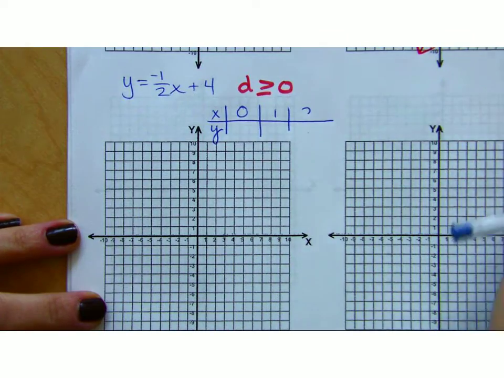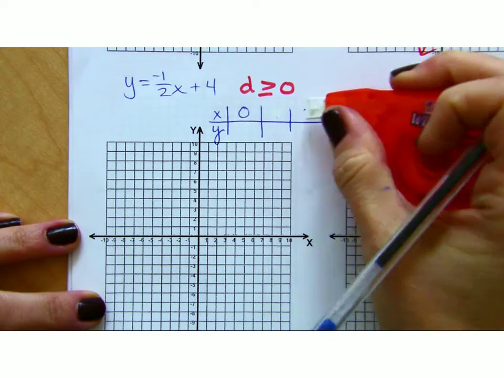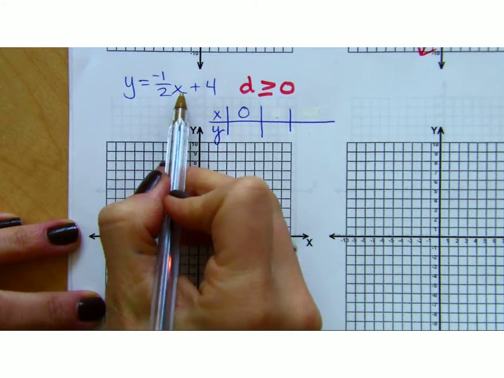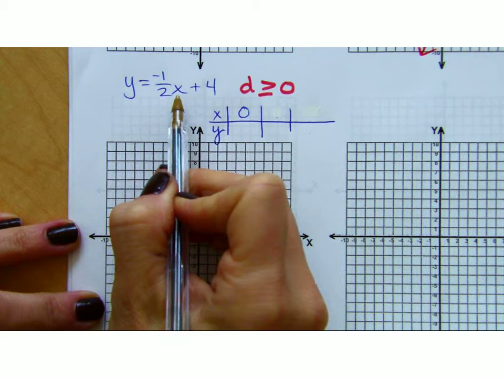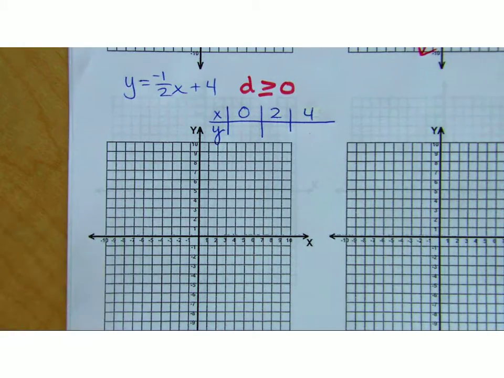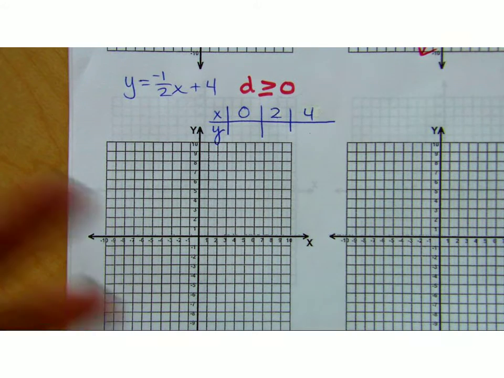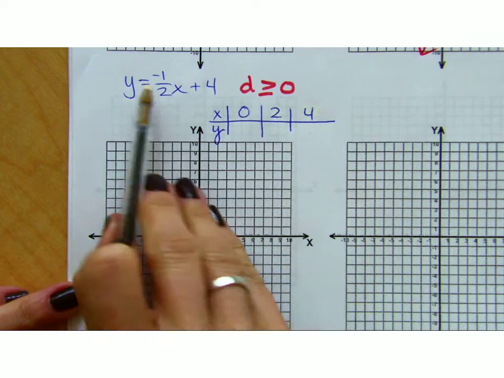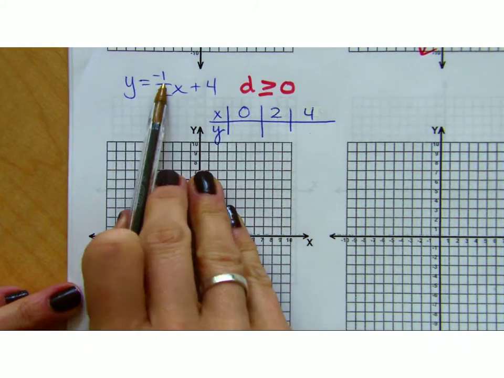Actually, in this case, I don't want to choose 0, 1, 2. I want to choose what? Good. Because whatever number I choose, I'm going to put right there and take half of it. And I don't want to take half of 1. I want to take half of 2, and I want to take half of 4. I could also have chosen -2, 0, +2. That'll have worked. Okay? Now, because it's solved for y, I just have to take half of 0 and add